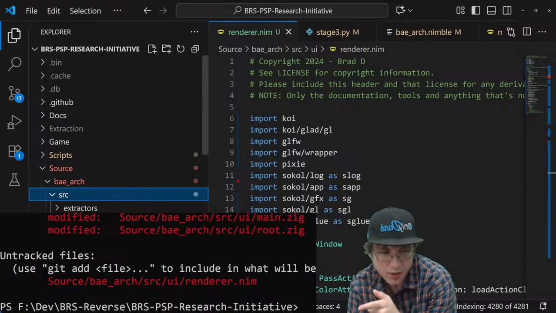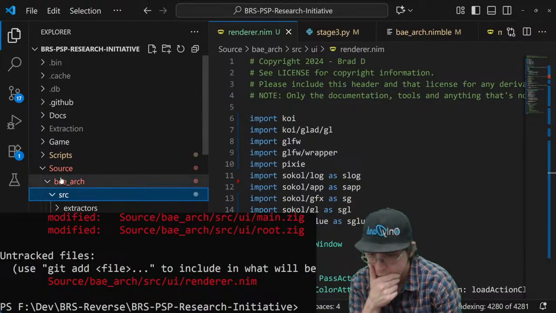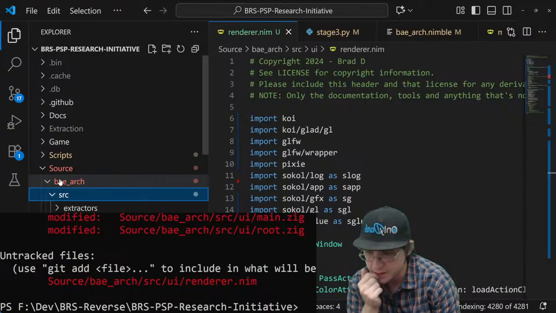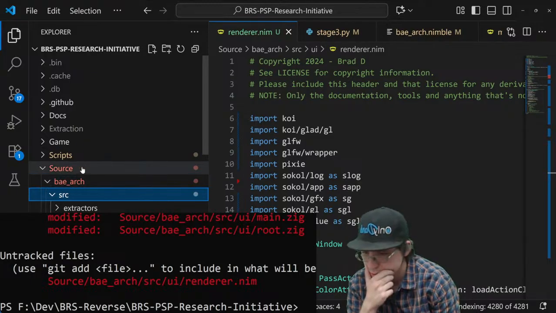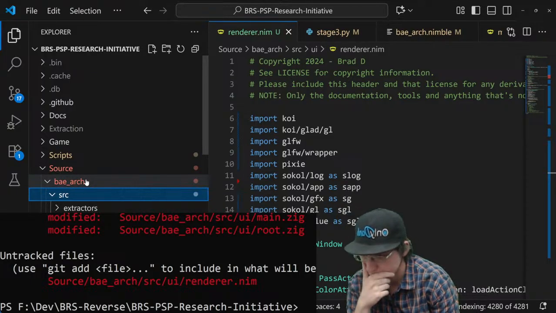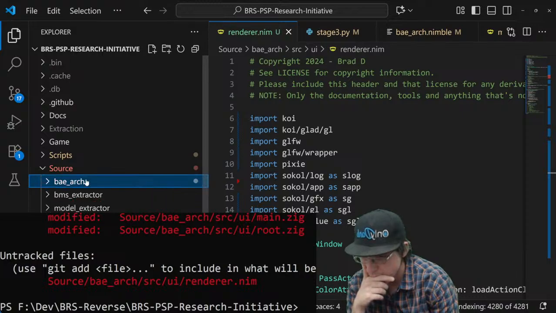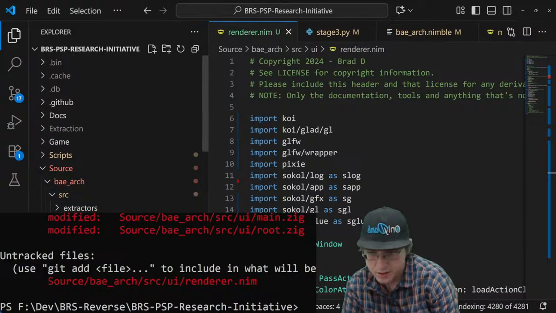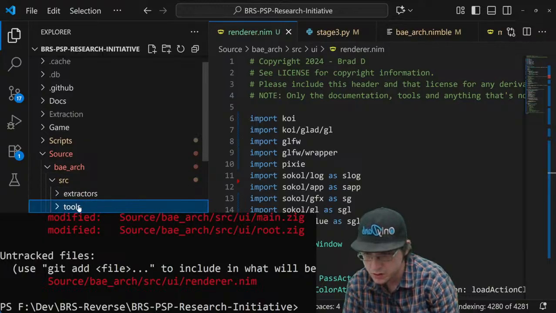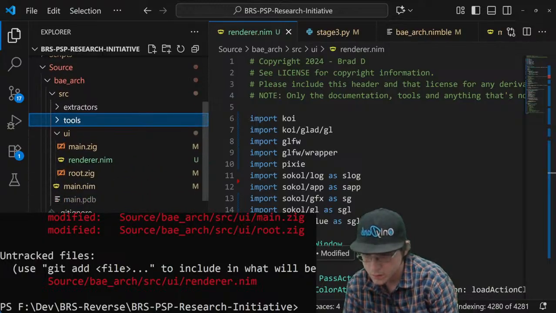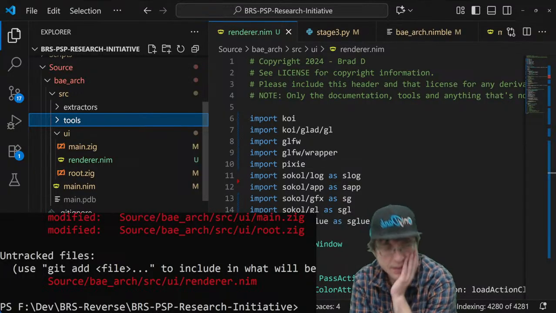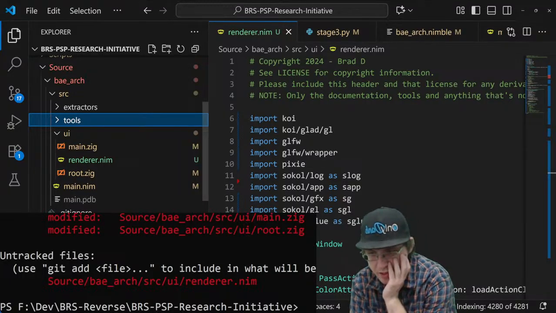All right. I'm gonna go ahead and just split this up and do a front and back end system. Extractors, we got tools. I'm not really comfortable with using Zig, though.